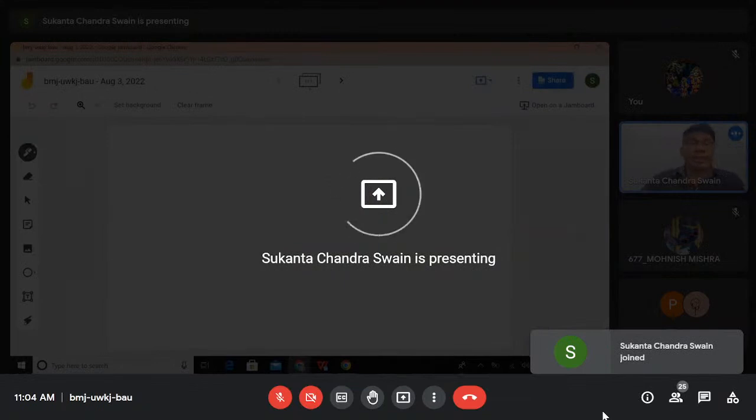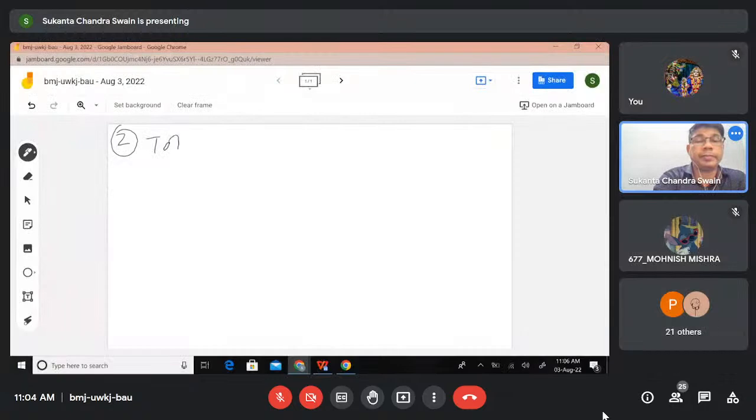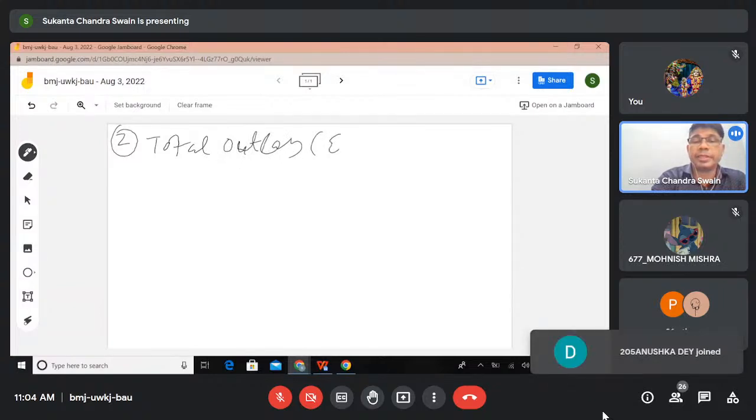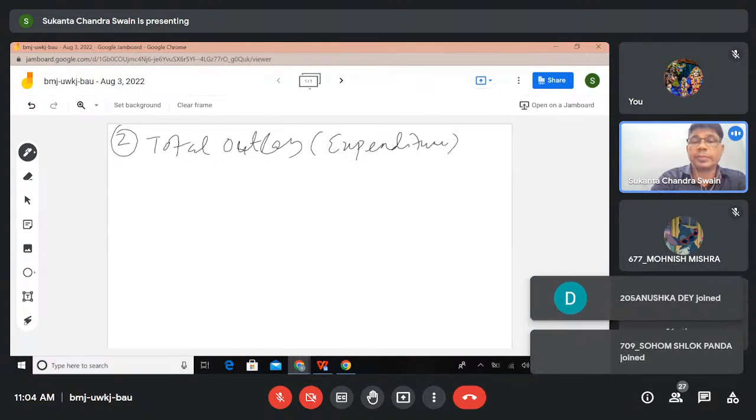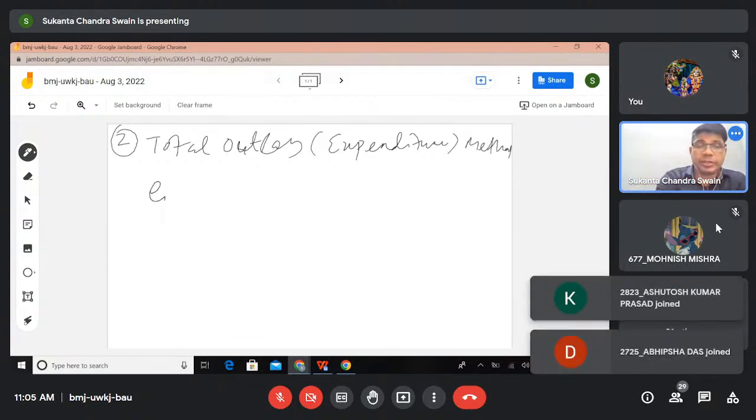So the second method is the total outlay or expenditure method. First method we have already discussed, the percentage method. Second method is total outlay or total expenditure method. So as per this method, EP is equal to